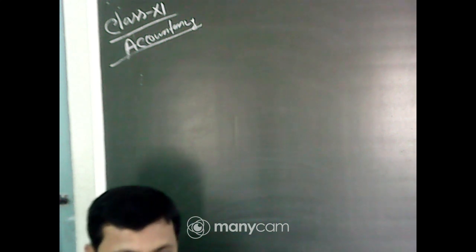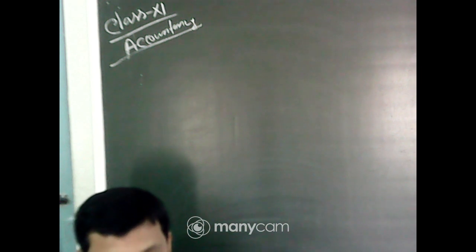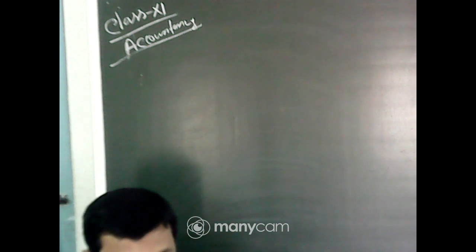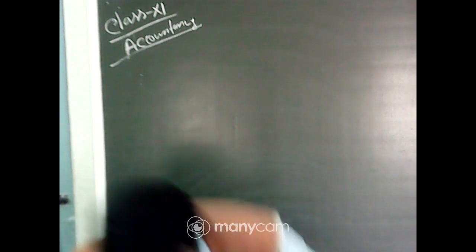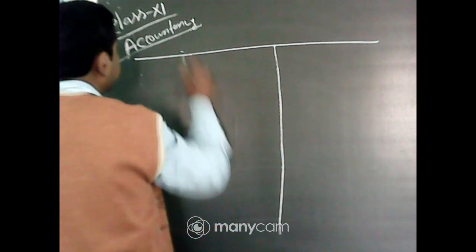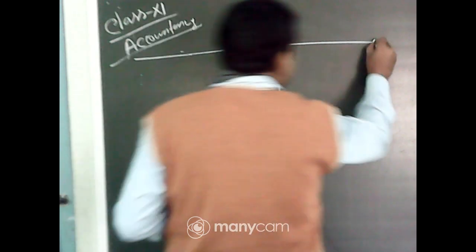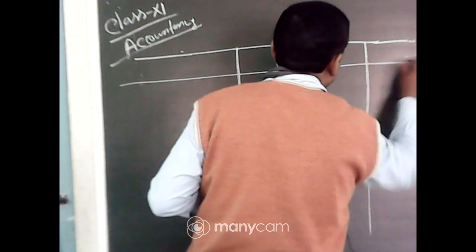So we have to make a ledger account of creditors, and in that account we identify the credit purchase amount. Here you can see lots of information is given. So first we have to make a ledger account. I am doing it in a T format, but in your examination you have to do it in a proper ledger format.